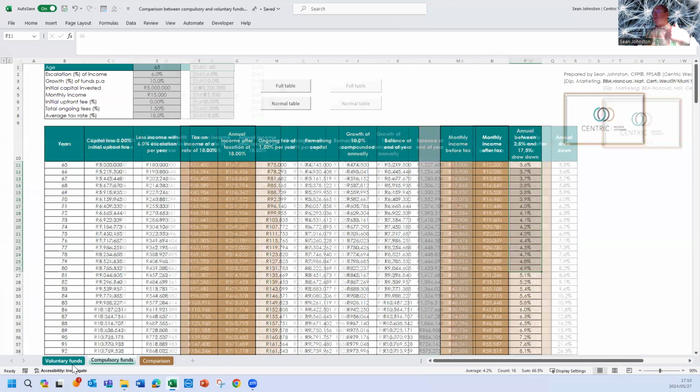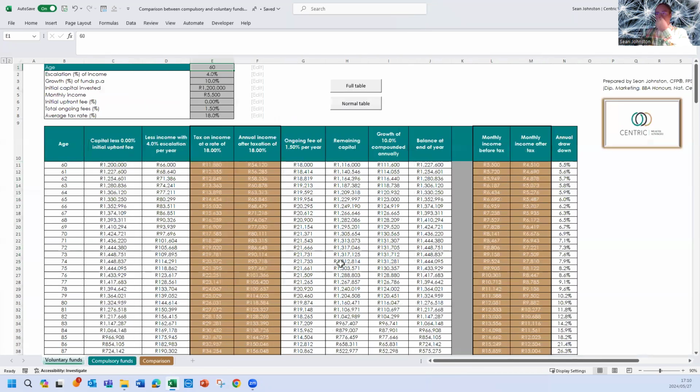So this is how you can model it. It's just purely for education purposes, but in reality, when you're doing retirement planning for clients and you do the reviews, this is what you're going to be looking at. You're going to be looking at the depletion of all their funds, how their funds are depleting, and do the calculations. But this just gives you an idea leading up to retirement, where to focus your attention.